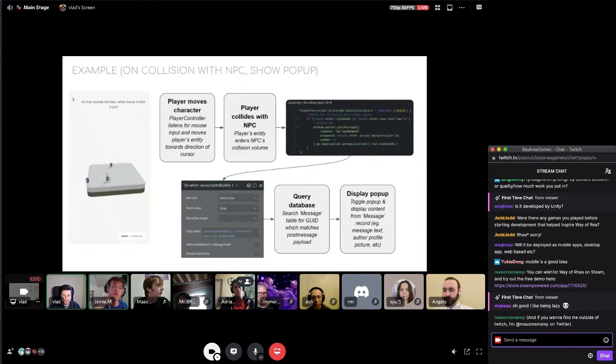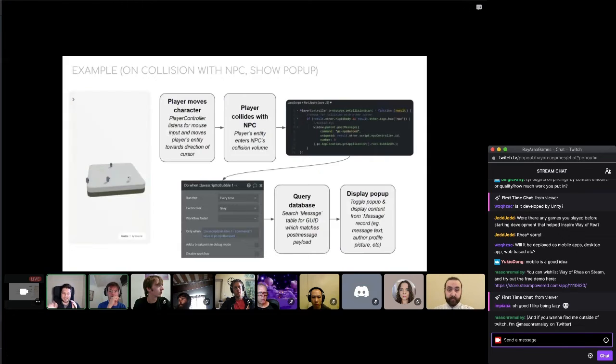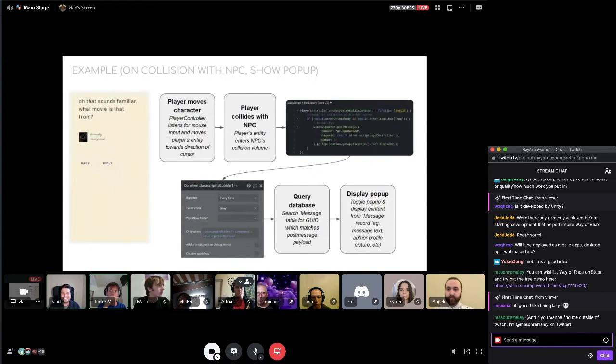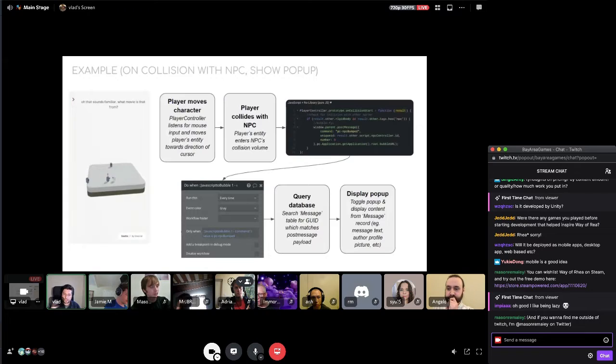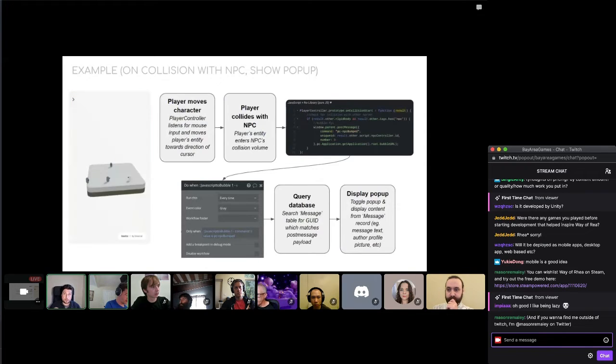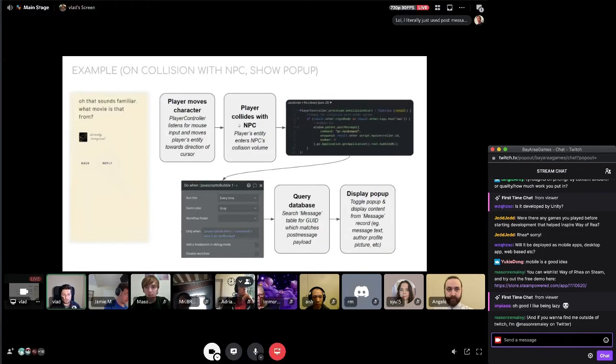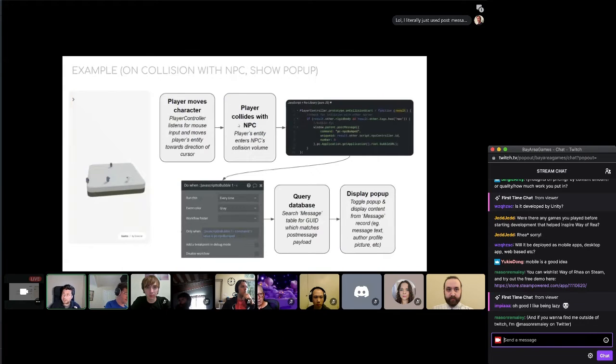The way the logic works within this Frankenstein integration is that inside of PlayCanvas, I have a player controller that's listening for player input, like mouse or touch events. When it detects a mouse event, it moves the player entity towards the direction of the cursor. Then I have an event that's listening for collisions. So when the player entity's collision volume enters the NPC entity's collision volume, it fires this PlayCanvas